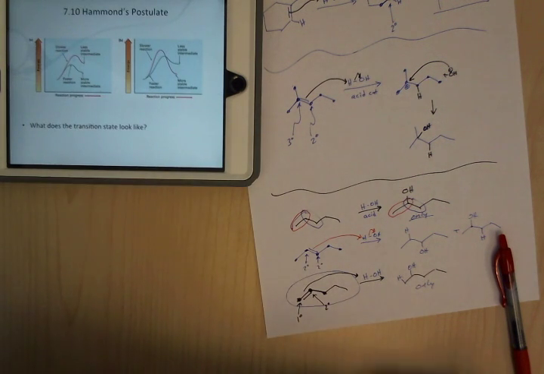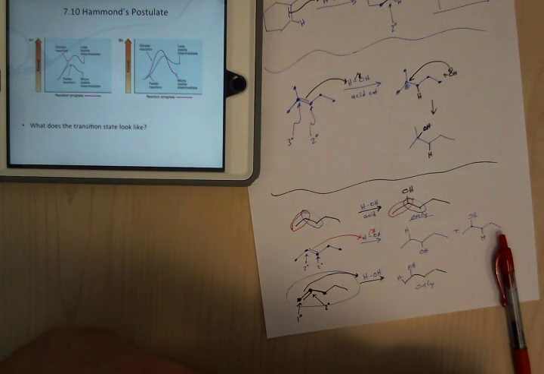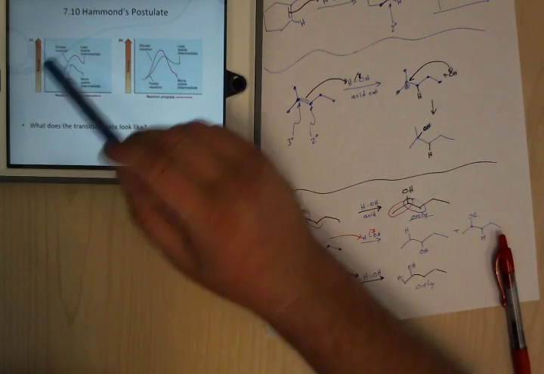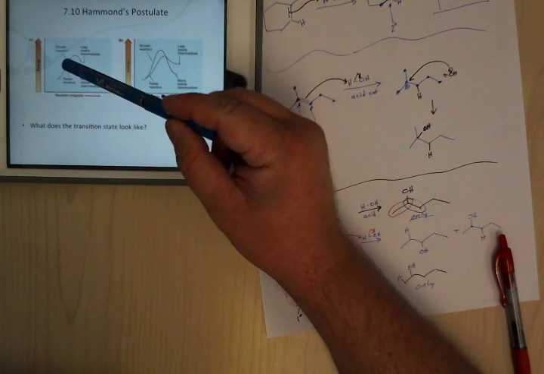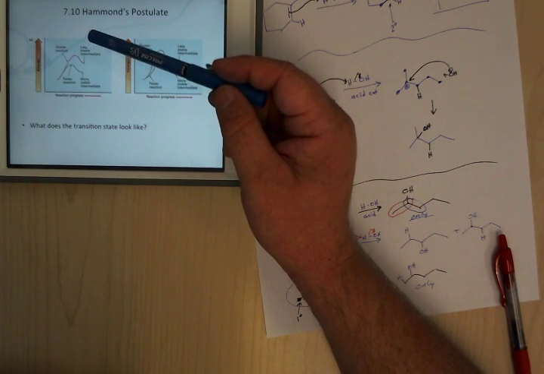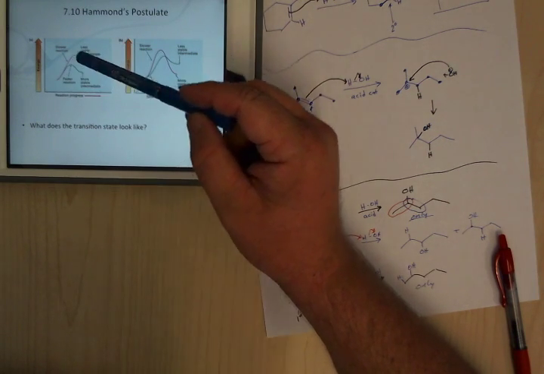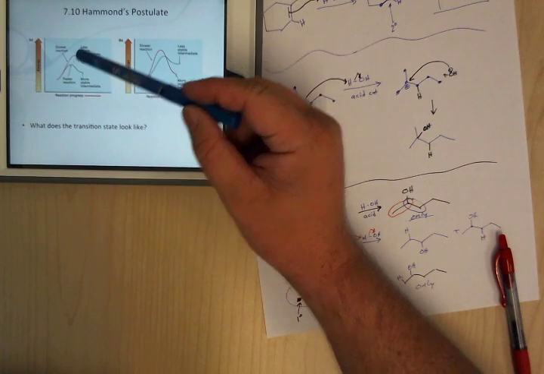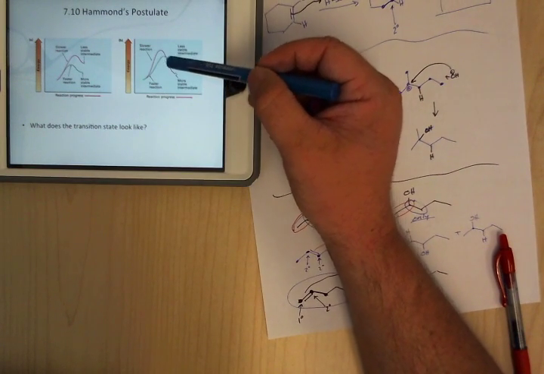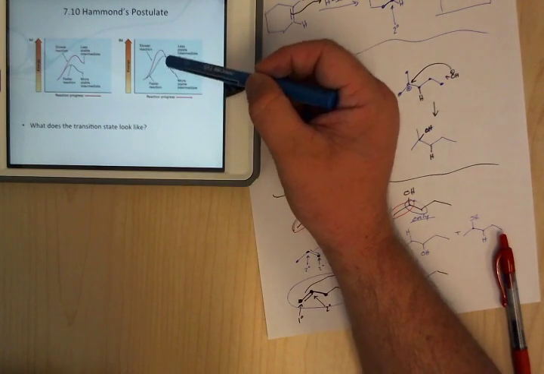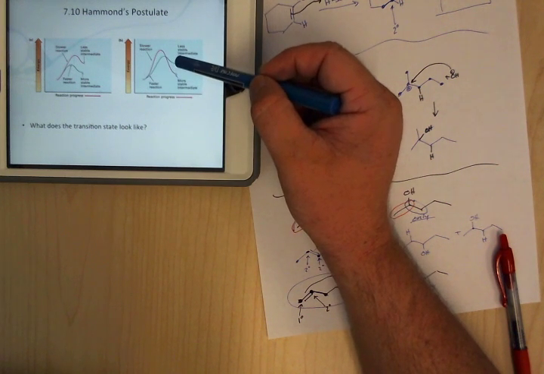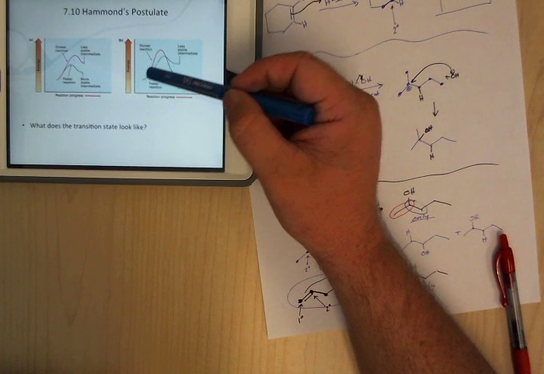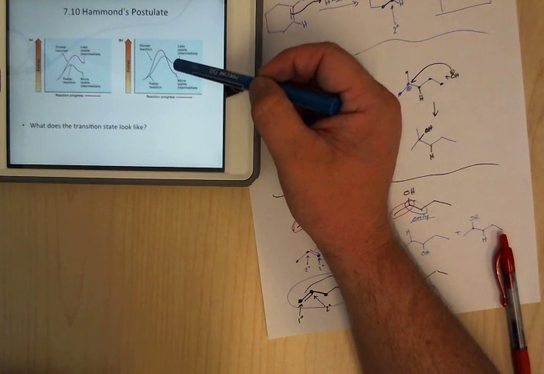Okay, so Hammond's postulate. I'm only going to touch on this a little bit. We're not really going to delve into it. It's in the book, so we'll talk about it. Basically, what it's saying is this idea of sometimes, can you predict the reaction based on the curve? So this is actually a faster reaction, because it has a lower activation energy. But it gives the less